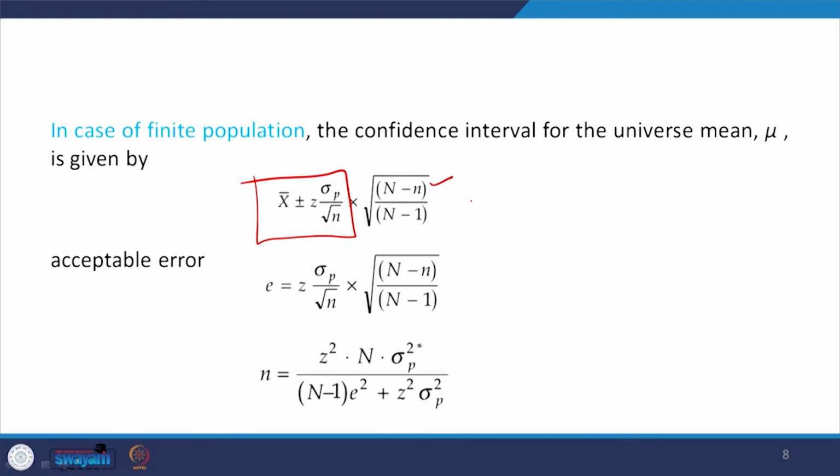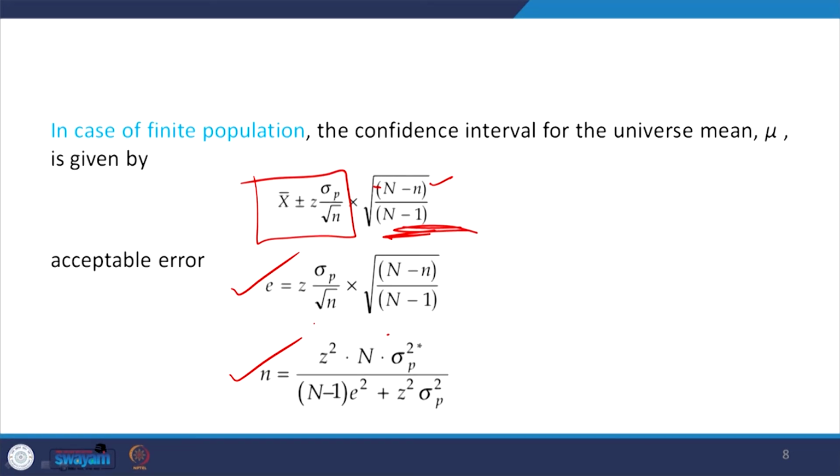So, since it is divided, the total population is known, and the probability of not getting selected with respect to the total population is given here. So, that ratio is also multiplied here. The probability of not getting selected is also multiplied here, and if that is there, accordingly you can calculate the margin error or the acceptable error, and accordingly we define the sample size.